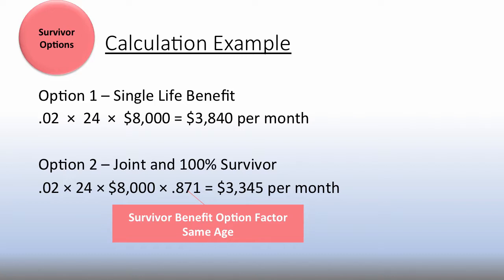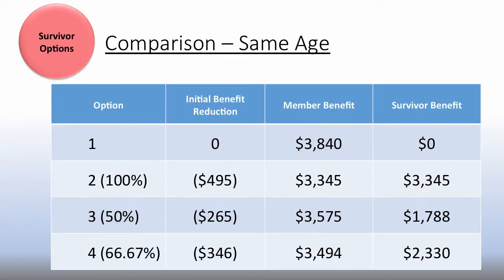So knowing that math, people want to know, well, how does it vary across the options? Well, I did the math for you. So you can see on that we've got our option 1 benefit. Here's our standard benefit. Here's that option 2 that we looked at. Again, you can see it's the largest reduction, almost $500. But you can see the member benefit and the survivor benefit are the same when they continue versus option 3 and option 4. At 50%, the smallest reduction, but only half the benefit continues. And then the middle of the road reduction, 2/3 of the benefit.